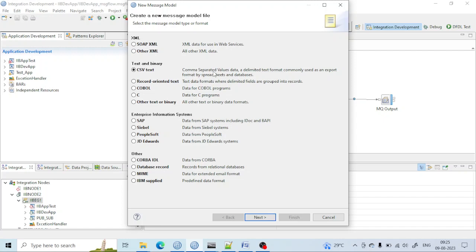CSV मतलब क्या होता है, कॉमा सेपरेटेड वैल्यू डाटा, ये डिलिमिटेड टेक्स्ट फॉर्मेट कॉमनली यूज एंड एक्सपोर्ट फॉर्मेट विद स्प्लिट डाटाबेस। ओके, इसे हम लोग क्या करने वाले हैं, CSV मैसेज को बेसिकली इनपुट में लेने वाले हैं और आउटपुट भेजने वाले हैं XML फॉर्मेट में, राइट। तो लेट मी, हम यहाँ पे CSV सिलेक्ट कर लेंगे। ओके, नेक्स्ट क्लिक करेंगे।